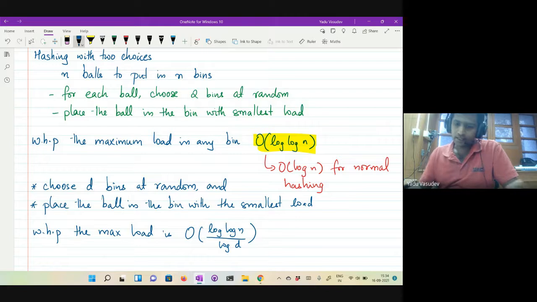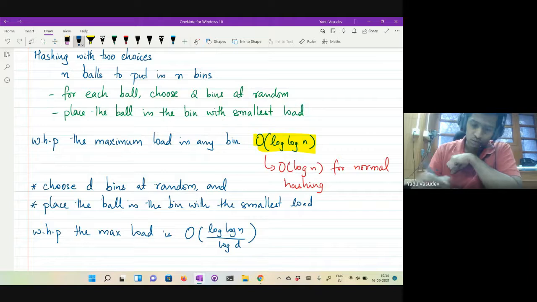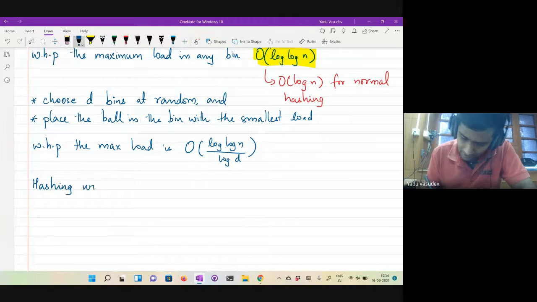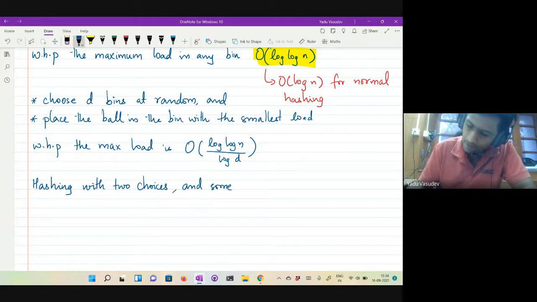It is some sort of an induction, but there are a lot of technicalities involved. But what we will look at is a slight variation of this idea of two choices. We will look at a hashing scheme where we use the two choices, but combine that with, instead of chaining, some kind of open addressing. So again, hashing with two choices and some form of open addressing.